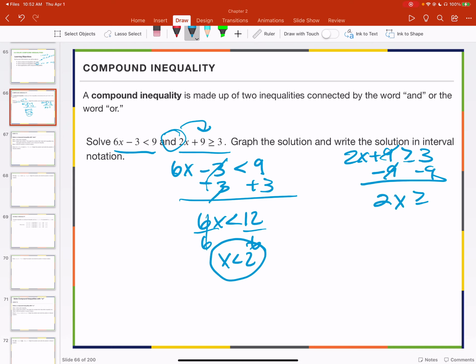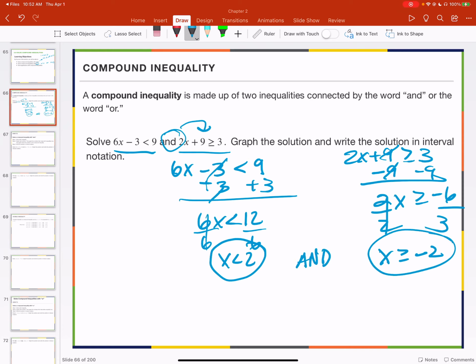Subtract 9, divide by 2. Okay, so here are my two conditions. x is less than 2, but it also is greater than or equal to negative 2. Okay, so this is an and. Using set theory, sometimes we say intersection. That's the same thing. If I was to graph this,